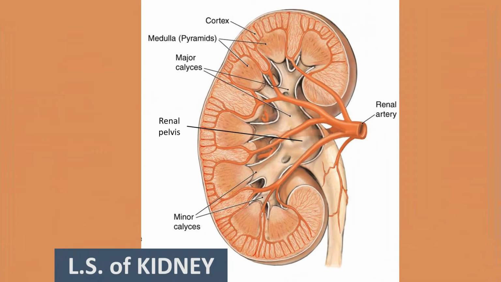This shows two distinct regions. The outer zone is dark red in color, known as the cortex, and the pale inner zone is called the medulla. In the medulla, we find some 9 to 12 inverted pyramid-like structures. These are known as calyces. The wider parts of these calyces are arranged towards the cortex, and the narrower parts are arranged towards the medulla.